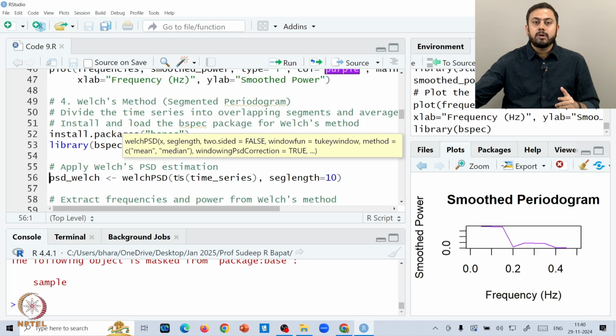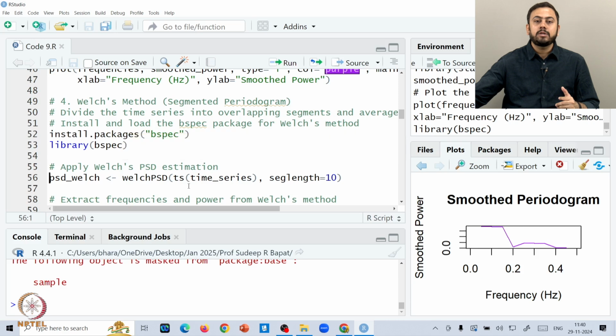Now, you have to make a small extension here, to ensure that this time series is a time series object, right. As of now we are not treating this series as a particular time series object. So, what we can do is simply put ts before the time series, just to make sure that R understands that this generated series is in fact a time series object. And of course, this kind of command, adding ts before a data set, you must have seen in almost all the earlier codes as well.